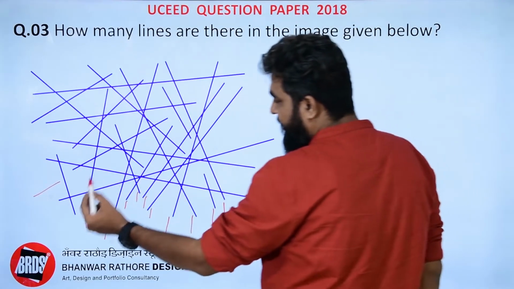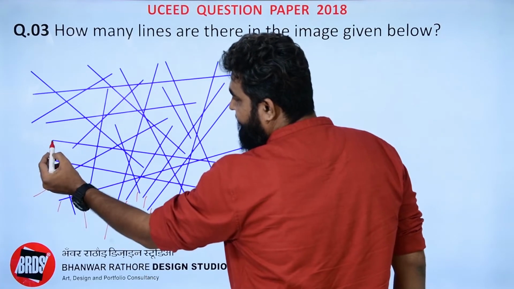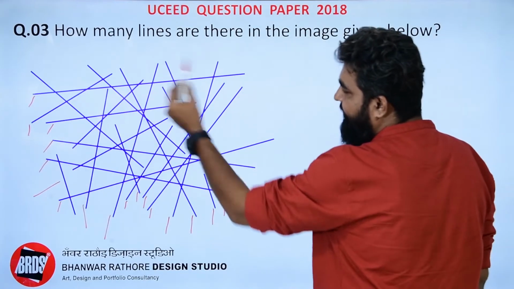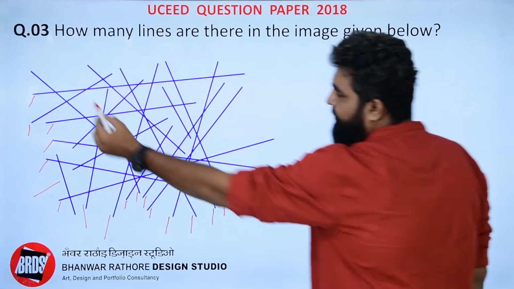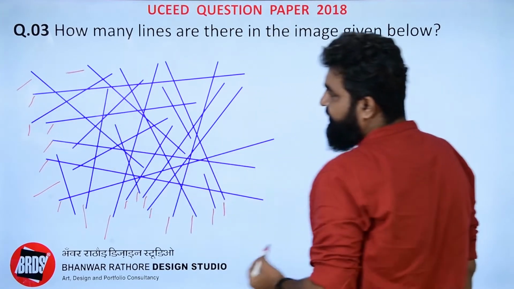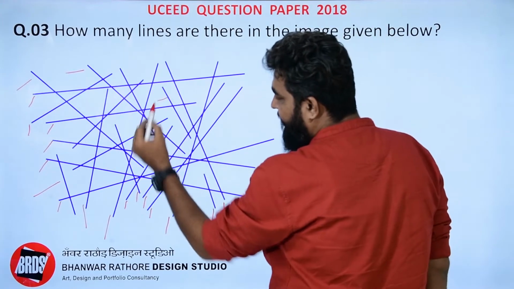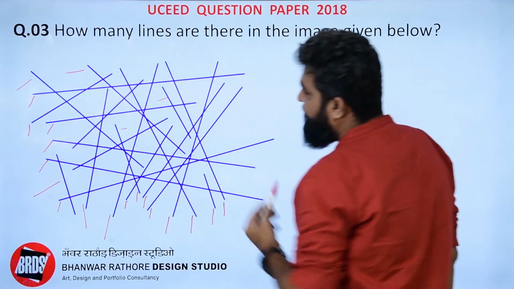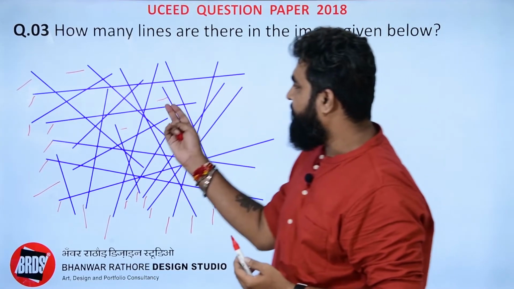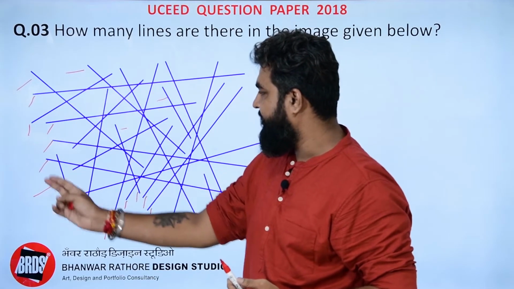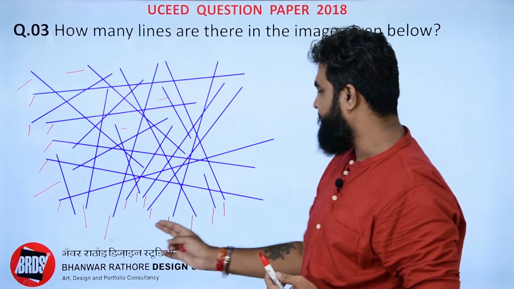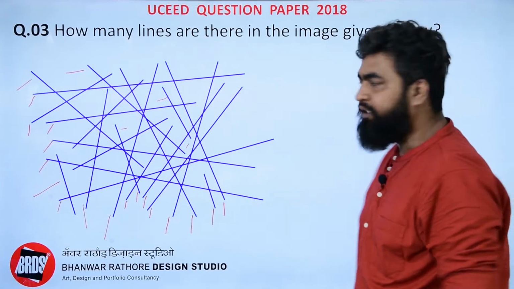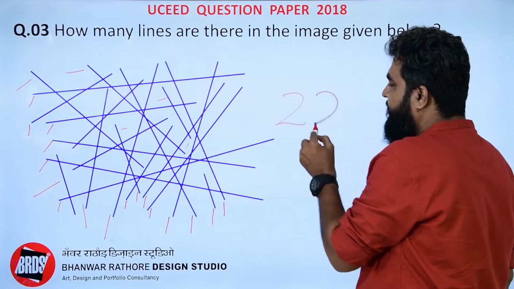Then based on that, again if we check, we have this and this line, then this also. Now there are certain lines which are not at the bottom but at the top, which is this and this. Then certain lines are inside, 1, then 2. And based on this, if we count the total number, 1, 2, 3, 4, 5, 6, 7, 8, 9, 10, 11, 12, 13, 14, 15, 16, 17, 18, 19, 20, 21 and this 22. So the correct answer for this question will be 22.